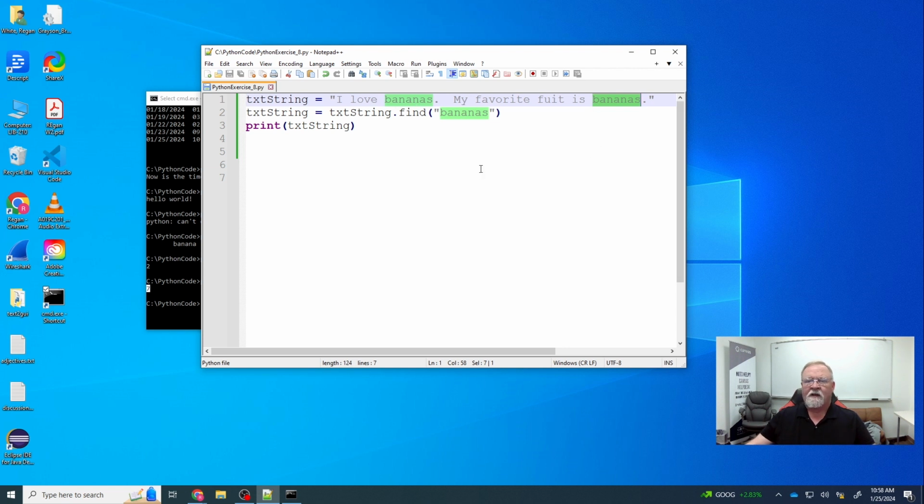So that one's handy if you're looking for pieces of information in a page of text, and you need to know where it's at in a page of text that you've looped through. That's a handy one to find. All right, so the next one we're going to look at is